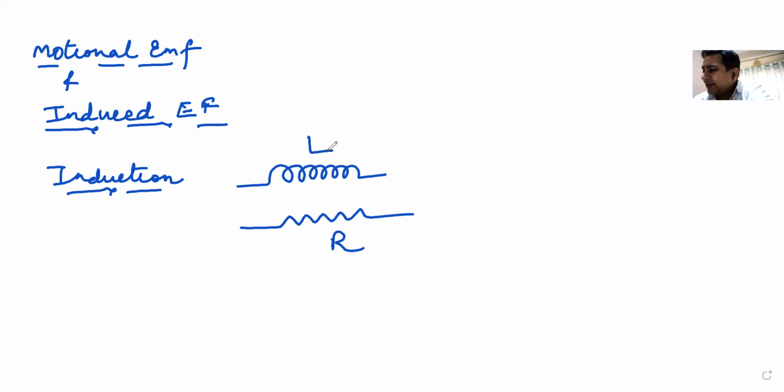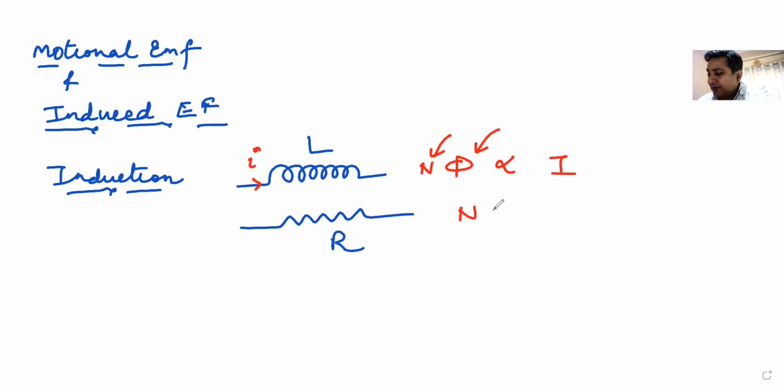Now if you pass current in this wire, what will happen? Because of current in this wire, there will be a flux linkage in the coil itself. Since this coil has an area, there will be a flux linked in this coil. Now if I call this flux linked in the coil as phi, this flux will be proportional to I. Or if I call the flux in one coil as phi, then the total flux becomes n phi, where n is the number of turns in the coil.